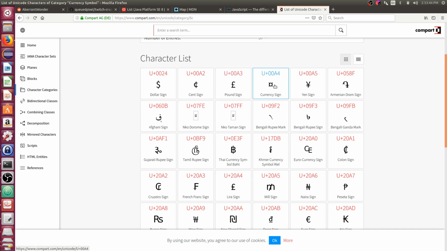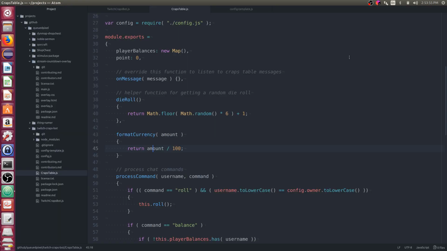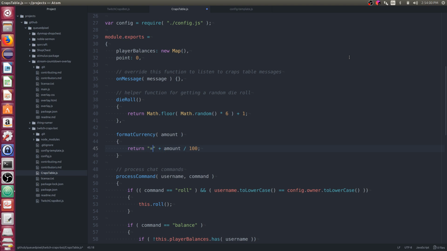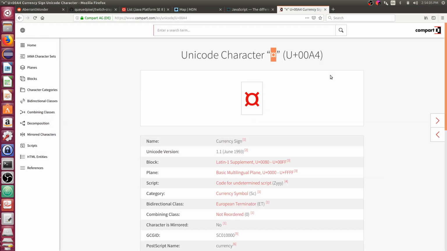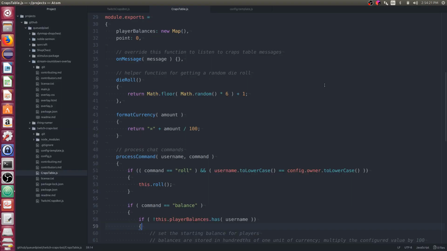Oh, we could try the currency sign. See if I can just copy and paste that into my code here and have JavaScript not complain too bitterly about it. Although I don't really like that. Well, let's start with that and see what it looks like. We can always add on to it later.